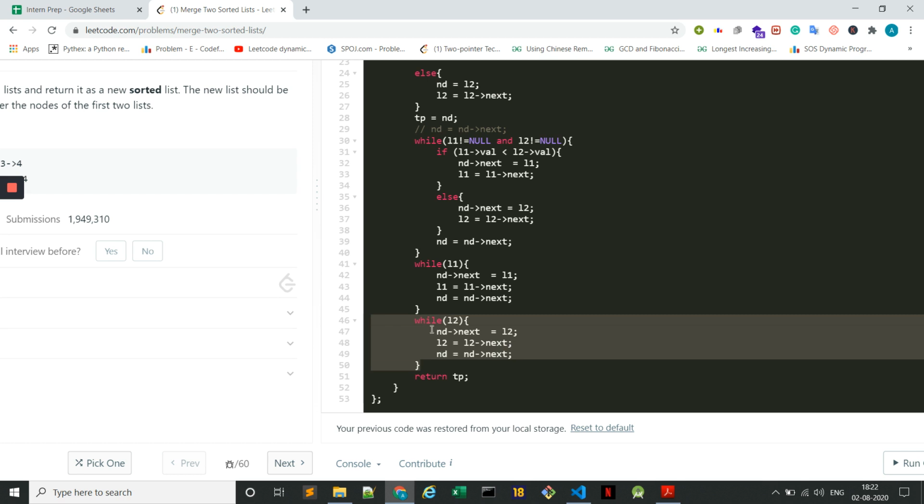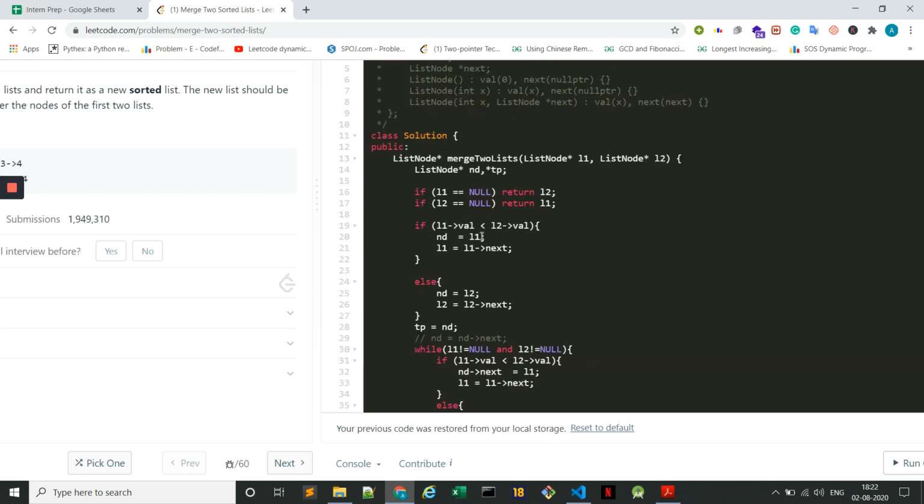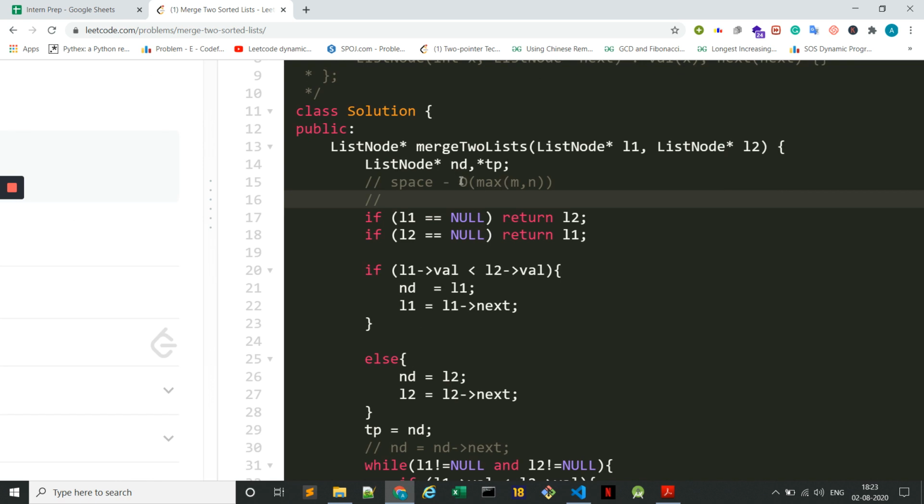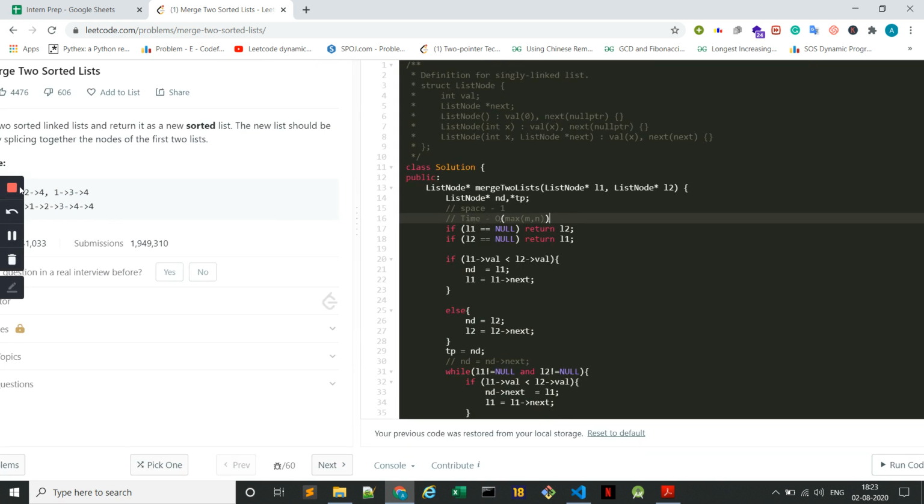So the time complexity is order of max of m, n. Sorry, the space complexity is constant, and this is the time complexity we are getting. Yeah, thank you.